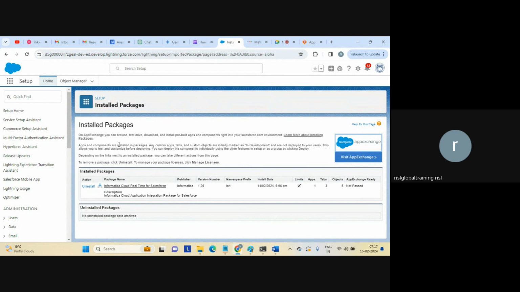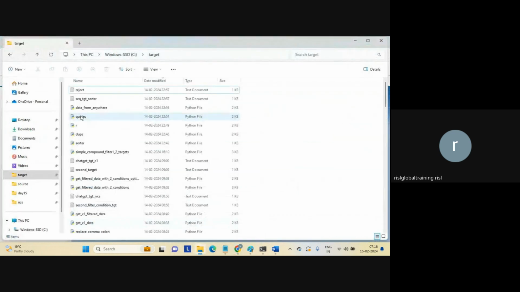Can you see, guys? So you can just use the ICRT package. Search for it. You'll get this package. You can just install. Let me try. I think I already have a link. So that is a prerequisite, guys, before we start